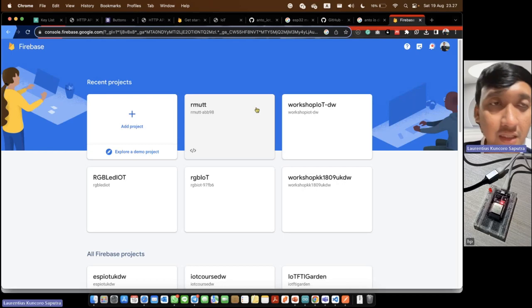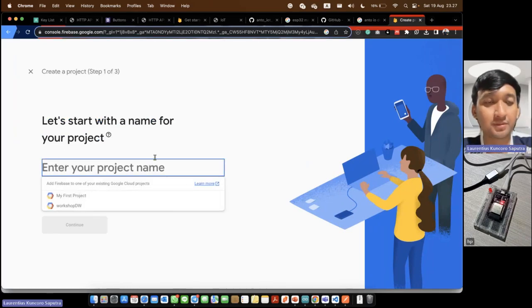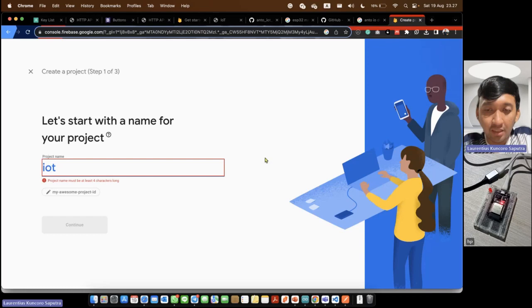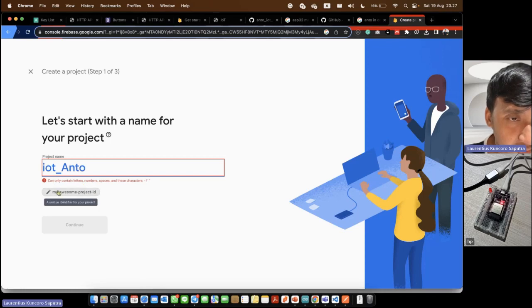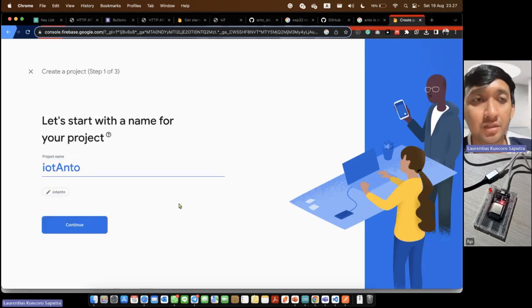In the Firebase console, you can add a project and enter your project name, maybe IoT Anto project like this one. The name can only contain letters, numbers, spaces, and characters. Continue, and you can set up the project in 3 steps.